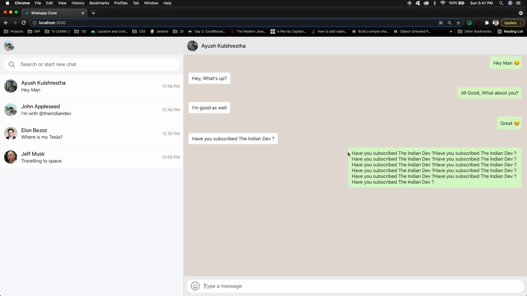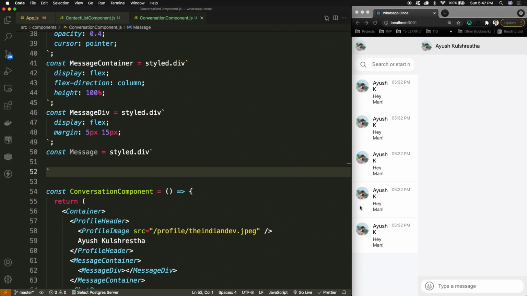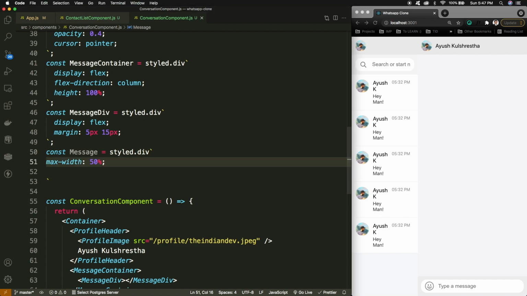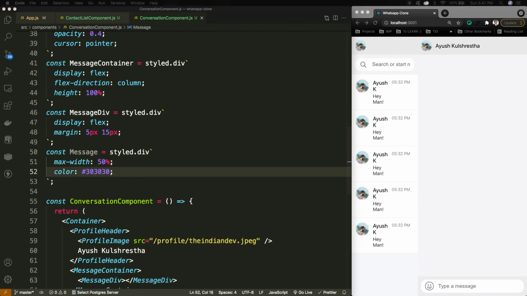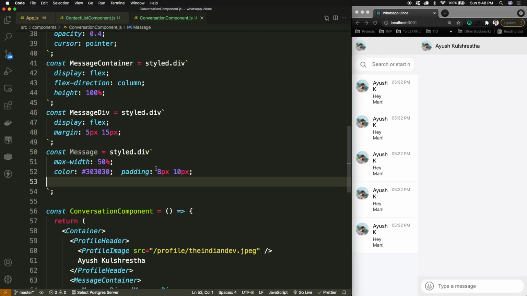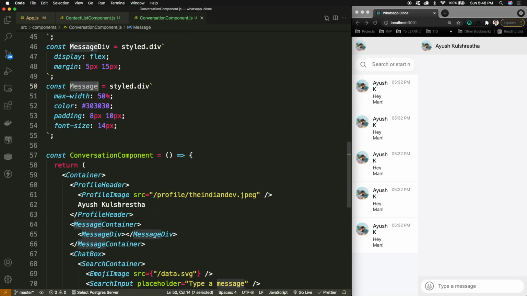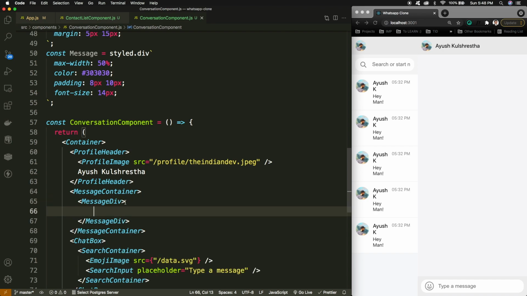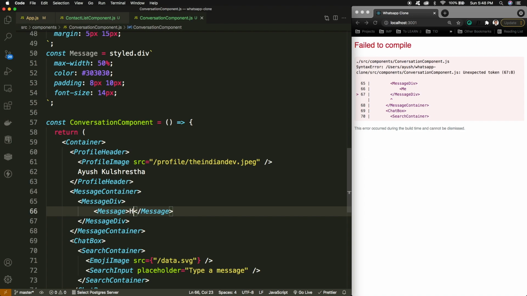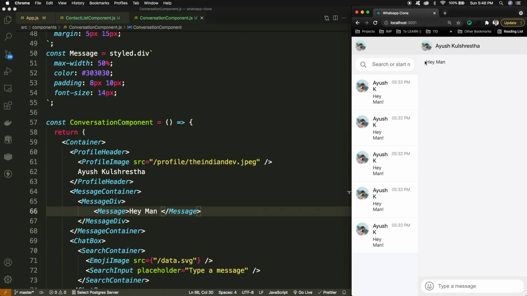So we define the max width as 50%. The color for the text we can define, and other than this there is some padding and the font size. If I'm having a message inside my message div, like 'hey man', yes, the message is here.